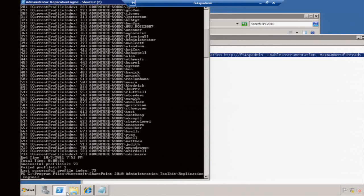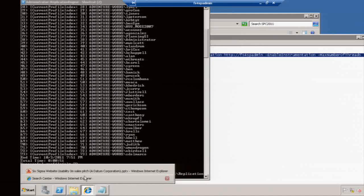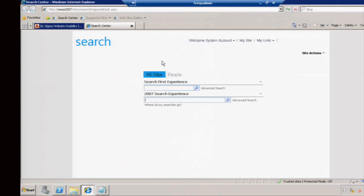So voila, I just deployed Search first in my lab environment, which is pretty cool. And you see how easy it was, really quickly, and I just configured my 2007 and finished configuration of my 2010. So as the last step, I promised you that I will show you what type of a mixed search experience